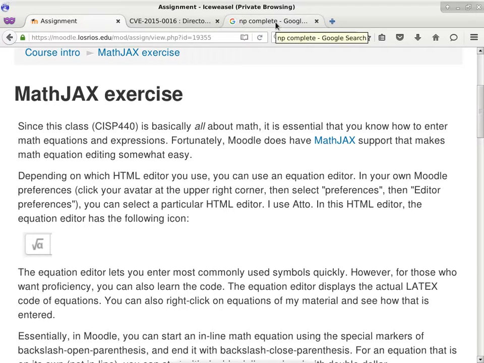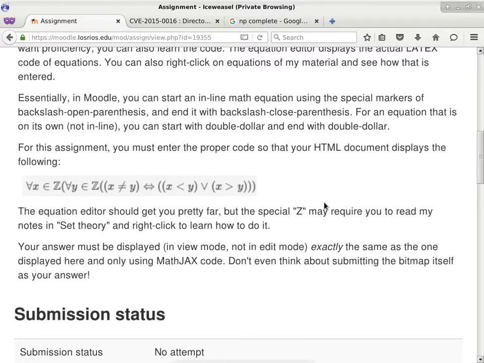Okay, now this class is all about math. So instead of having 20 gazillion ways for you guys to enter your equations, some people turning in a scan of a napkin with your handwriting on it and stuff like that, I want you guys to use MathJax. Okay, this is a hyperlink. You can go to the website to find out what it is. So the homework assignment, in essence, is I want you to enter this bunch of stuff. Okay, if you don't understand what it is, don't worry about it. That's not what we are doing. I just want you to enter this, okay? So your